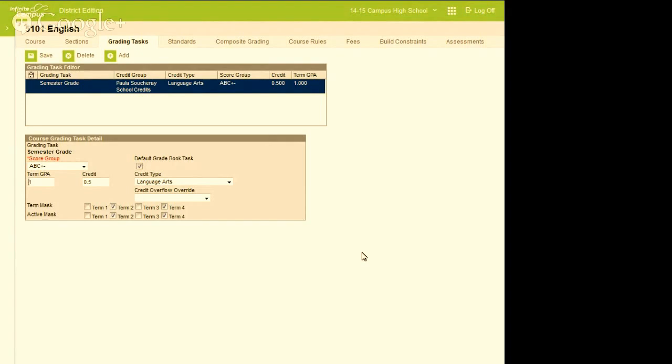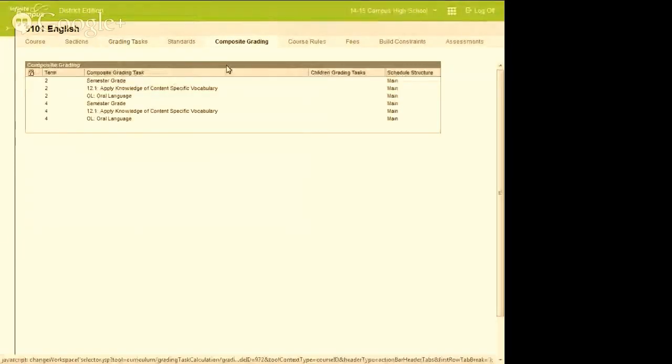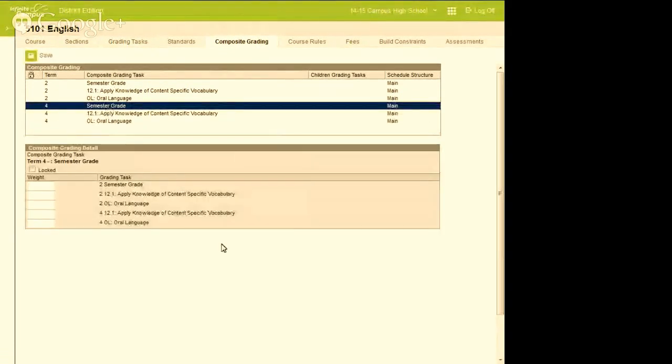It may be useful to explain that for the people on the phone. Sure. In the scenario that you're seeing on the screen, we have grading tasks of semester grade. But in the composite grading area, you're able to say what an overall grade, in my case a semester grade, is a certain percentage of the 9 weeks grades as well as the assessment grade.